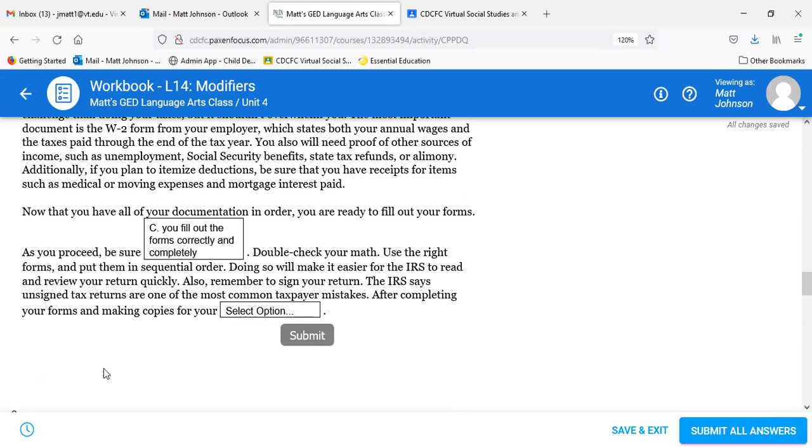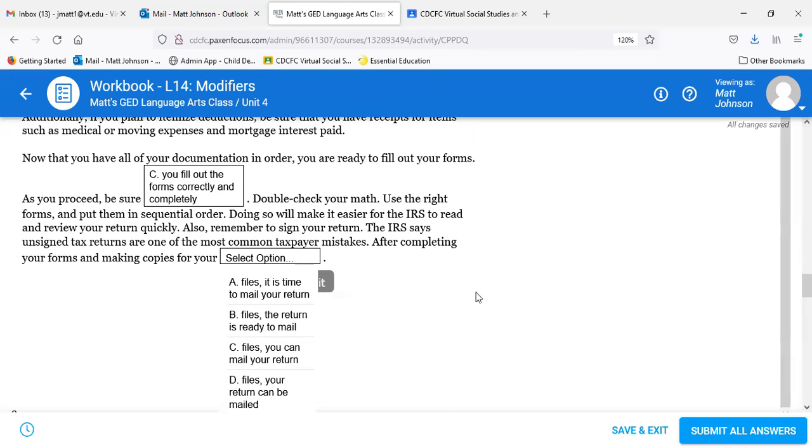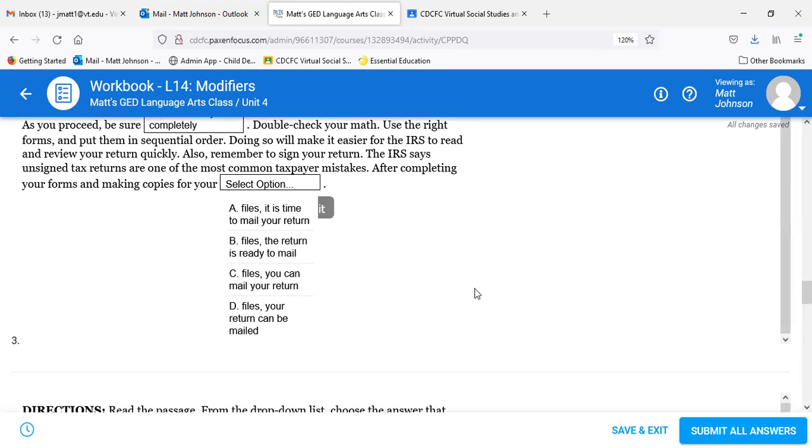Double check your math. Use the right forms and put them in sequential order. Doing so will make it easier for the IRS to read and review your return quickly. Also, remember to sign your return. The IRS says unsigned tax returns are one of the most common taxpayer mistakes. After completing your forms and making copies for your files,